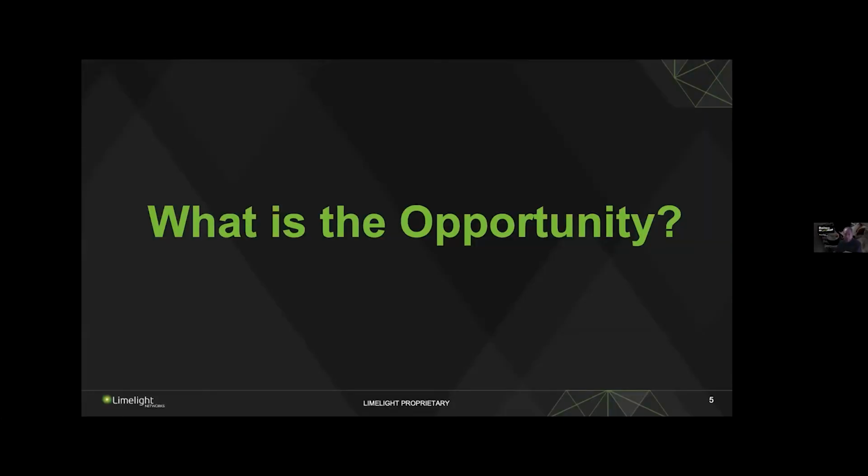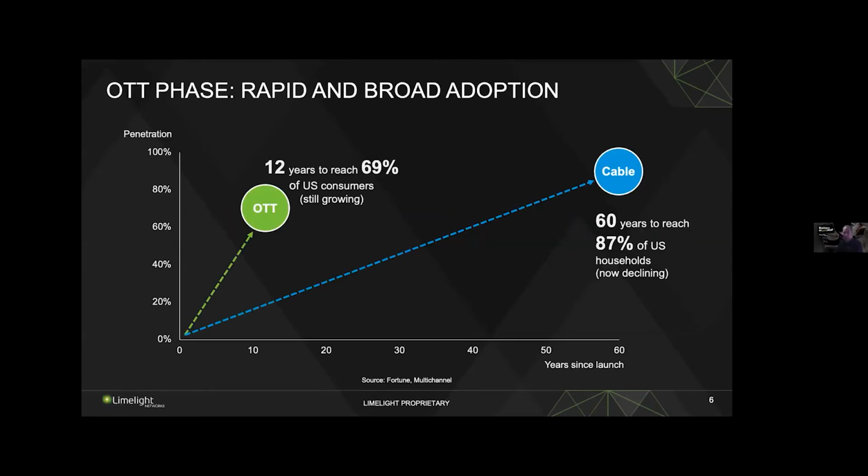Let's go from there and look at what we think the opportunities are, and why it's important to think about this sort of separation of the workload and the content as well. If we look at cable in the States, it took 60 years to reach a sort of 87–90% penetration, right? So full market penetration, and it's only really taken OTT 12 years to reach that same kind of number, and it's still growing. What I think is important about this is it's been a frenetic pace of adoption by the consumer, and at the same time, as consumers, we've also changed our buying habits.